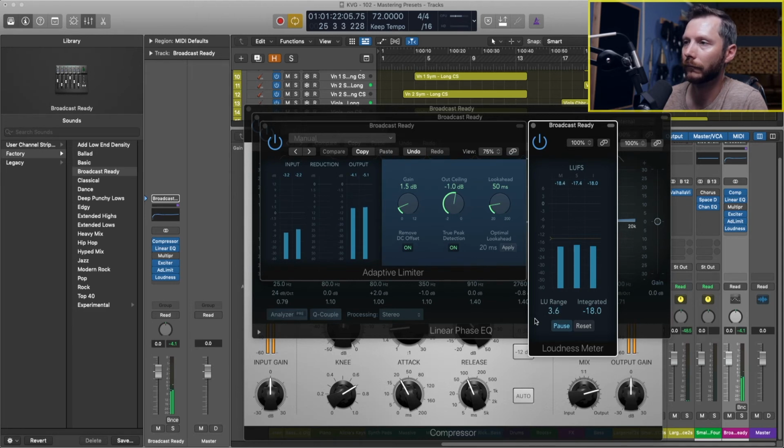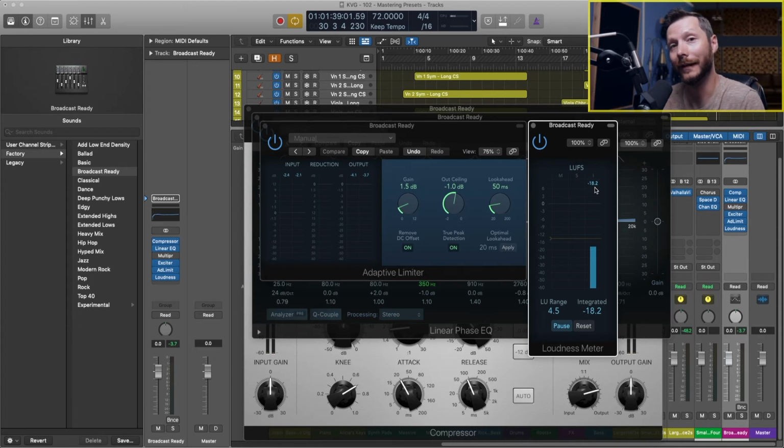So we can see on our loudness meter here, this is our integrated value. This is the average value from when I hit start to when I stopped, which is currently minus 18. And we want to get up to minus 14. So that means we can bump up the gain on our limiter, which is going to bring up the volume